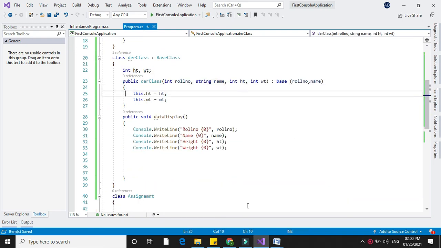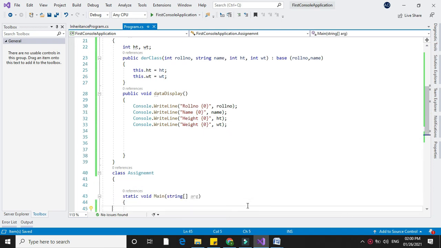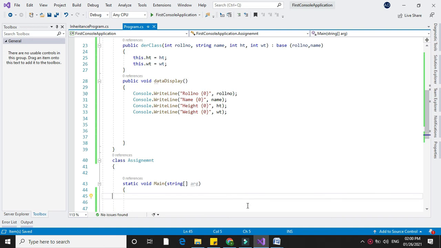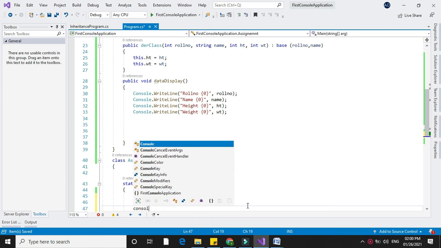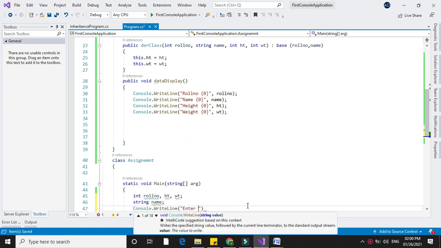Now we will create an object of this class in the main method. In the main method we are going to accept the roll number, name, height and weight. So I will declare variables for that. We will accept it from the user. So in Console.WriteLine I will write enter roll number, and in roll number I will accept it.